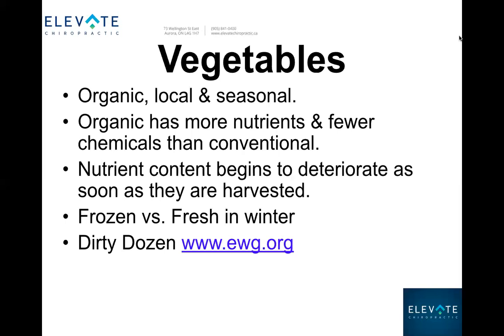And it'll be processed right away. It'll be picked and processed, flash frozen, and it'll be shipped frozen. So you'll get that vegetable that was picked when it was highest in its nutrient content, flash frozen with all that nutrient in there, and then shipped as a frozen food, as opposed to fresh vegetables in our supermarket that